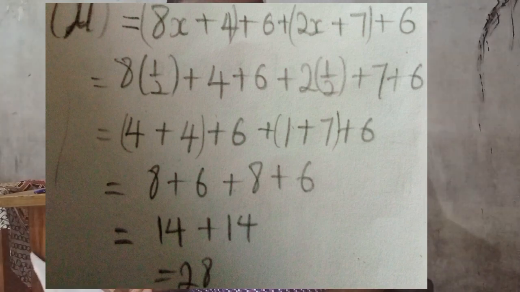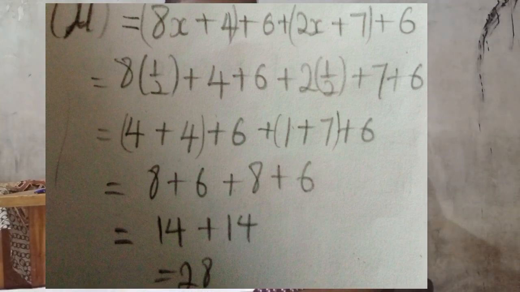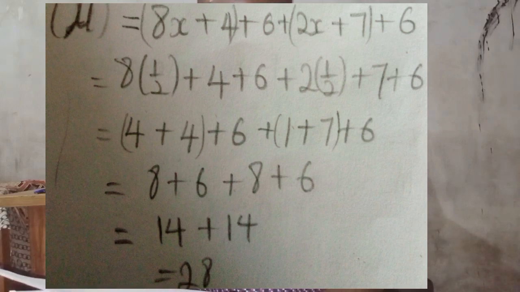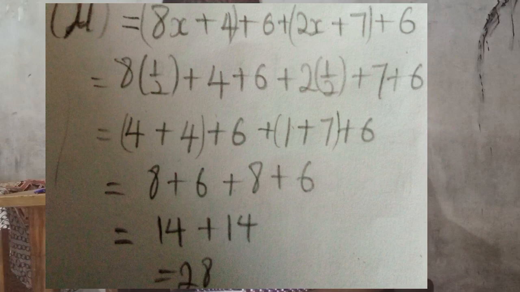We add all together, and x is equal to a half. So where we see x, we put a half there. So it will go: half of 8 plus 6 plus 4 plus half of 2 plus 7